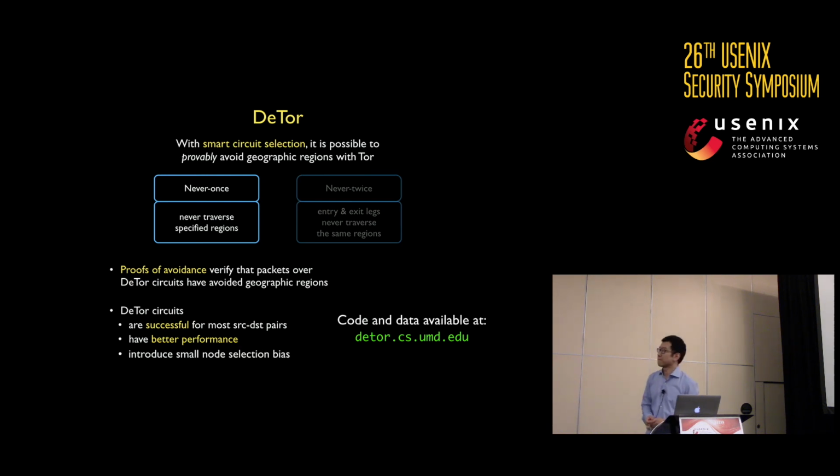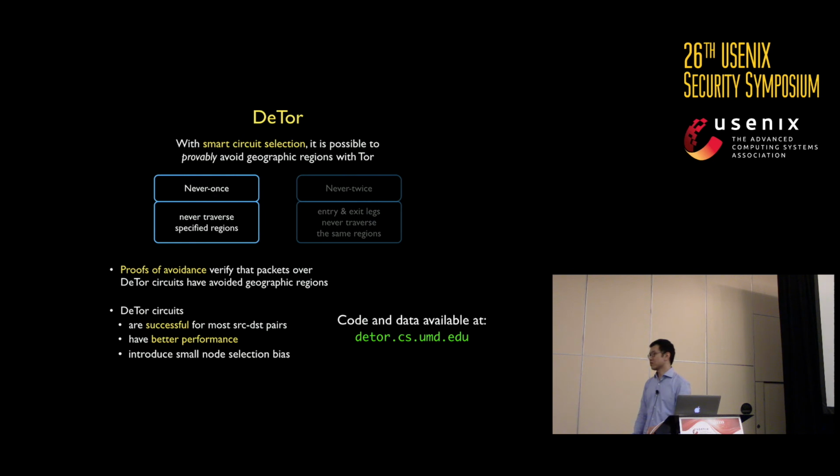So you have a point here that DeTor circuits have better performance, but Ian pointed out that most of the problems for Tor performance have to do with congestion inside the relays. So I imagine this is when one Tor client changes its path selection and the rest stay the same, and that one gets better performance, whereas if every Tor client changed to this new path selection approach, you would no longer get better performance, because you would be putting more congestion on nodes that can't handle it, because you're choosing based on geography rather than capacity?